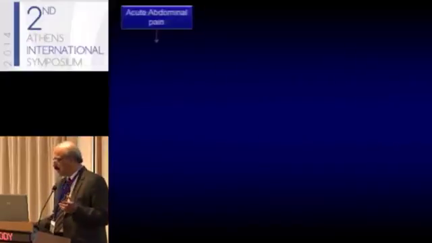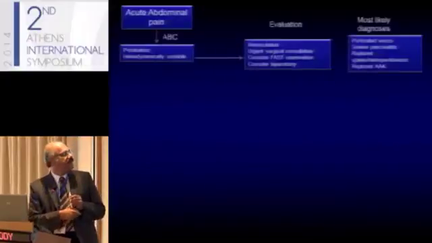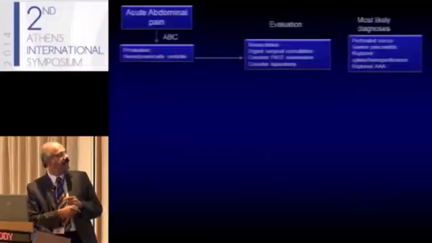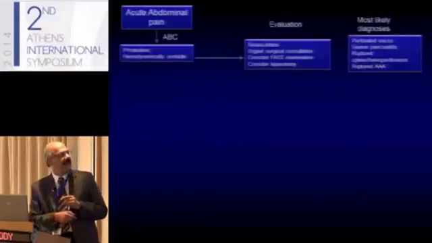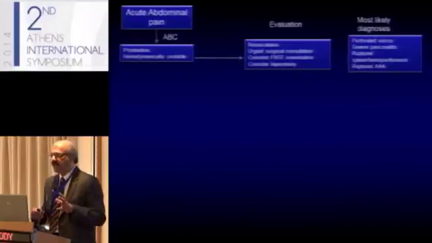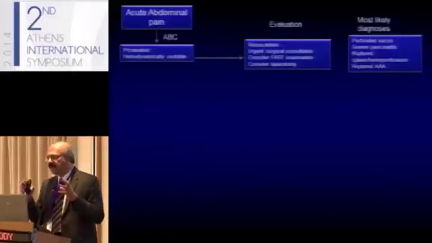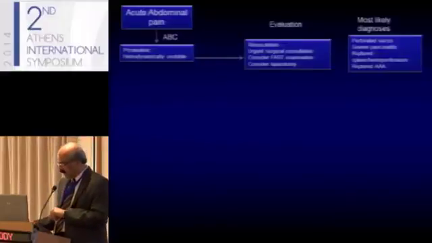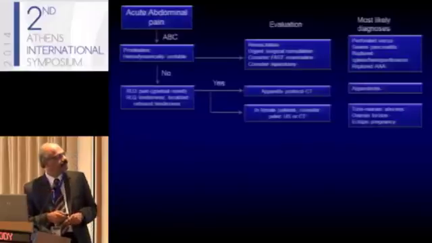So let's start with a patient who comes with acute abdominal pain and follow what we're supposed to do. The first category of patients come with severe pain. I don't know whether it's visible in the back there, but the patient is hemodynamically unstable and has to be resuscitated. Urgent surgical consultation is sought, and many of these patients have either perforated viscus, severe pancreatitis, or sometimes a ruptured aortic aneurysm. So these patients require immediate attention in the emergency and have to be treated immediately.